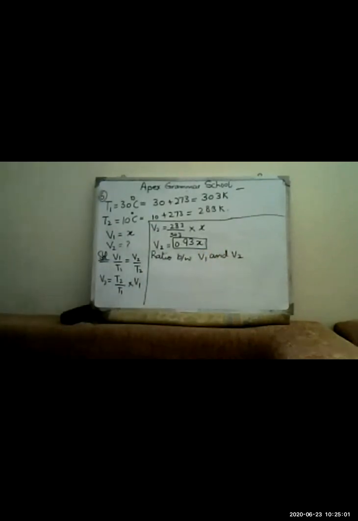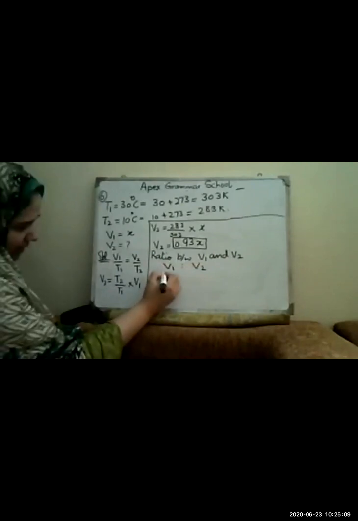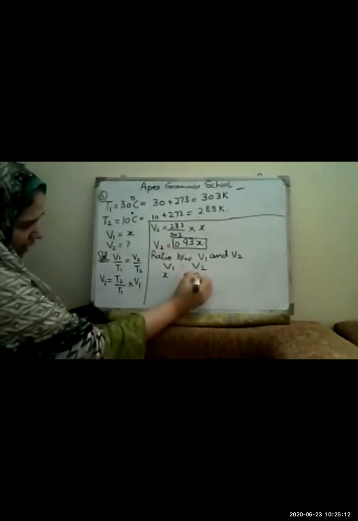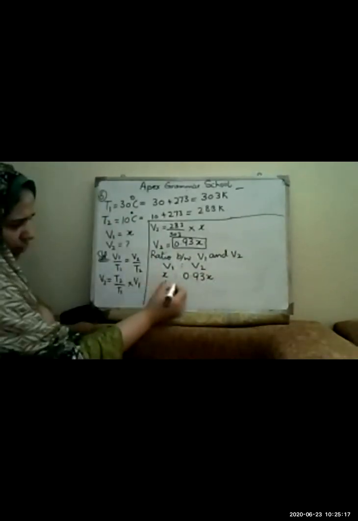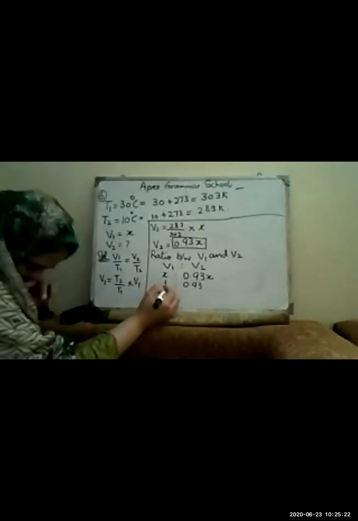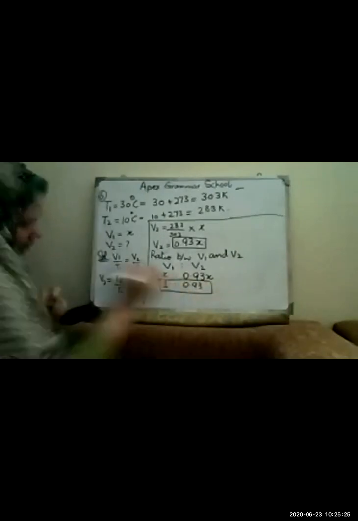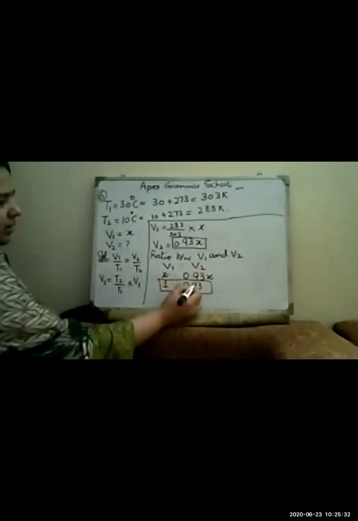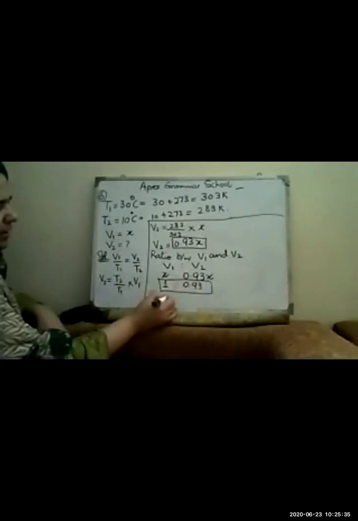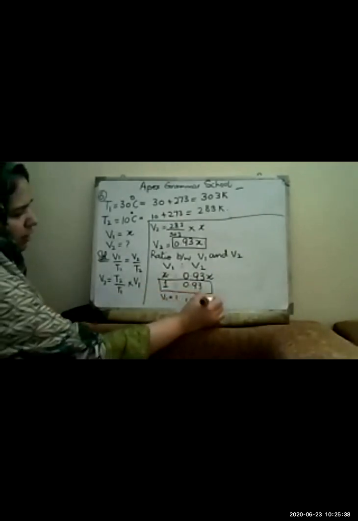So what will we do whenever we are finding the ratios? We make the column like this, V1 ratio sign V2. So V1 is equal to, you can say it's X, and V2 is equal to 0.93 if we have just calculated X. Assuming that it is 1, it will come 0.93 and X will be cut down. So 1 will be over here, like this, 0.93. So you can say V1 is equal to 1 while V2 is equal to 0.93.